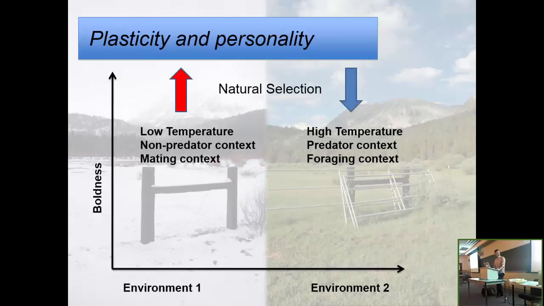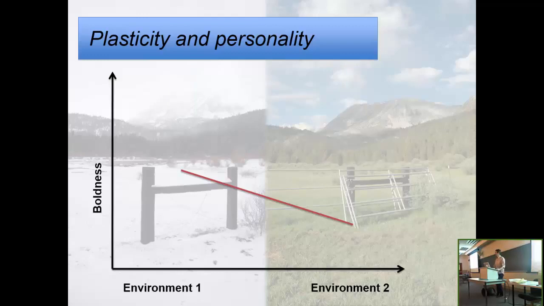And so you might expect that an individual, represented by this line here, a reaction norm, might have a slope where it will change its behavior as a function of the environment. Of course, then, other individuals in the population, represented by these other lines, may be higher or lower in that behavior. This just shows the consistent individual differences of that behavior. And likewise, some individuals may be more responsive than others.